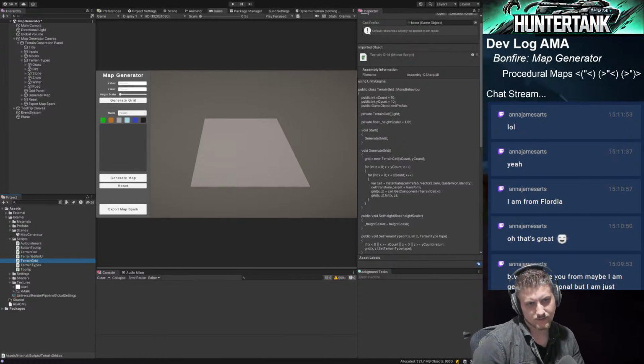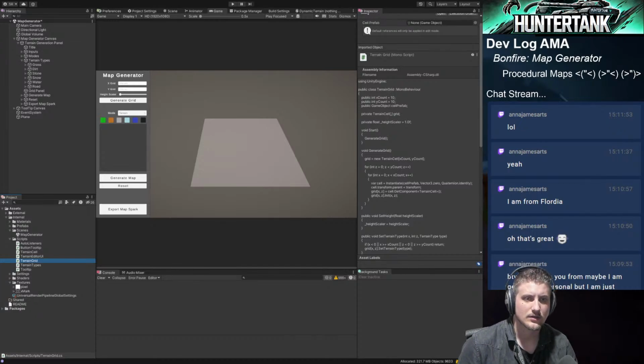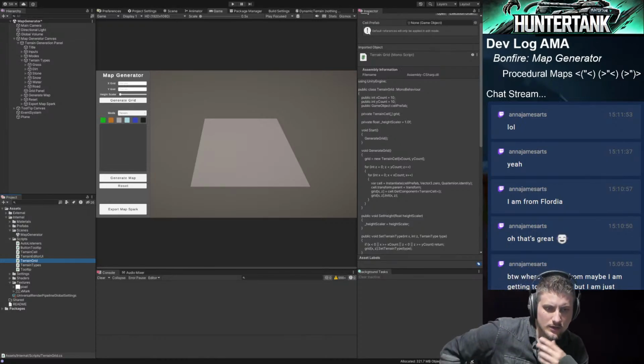Terrain type to color. Here we go. So that's right. I'm currently using a function to paint it all one color at the start, but I don't want to do that. Instead,